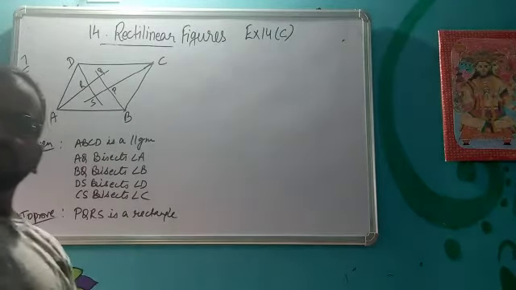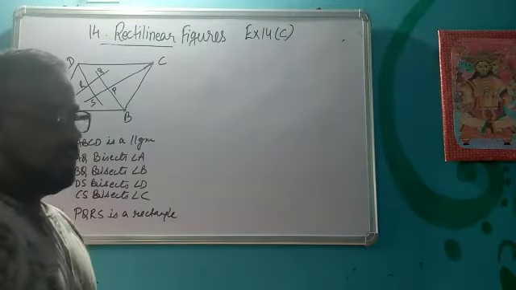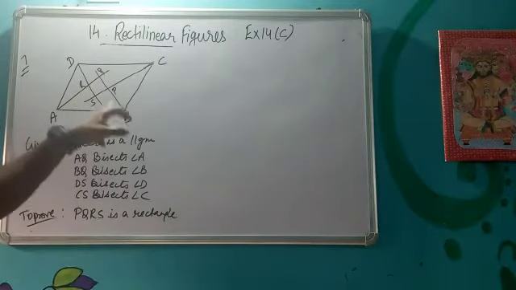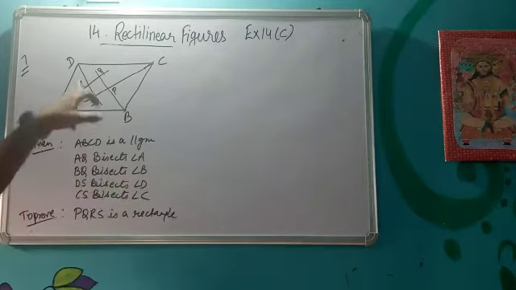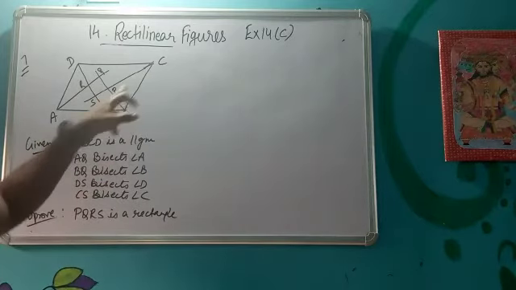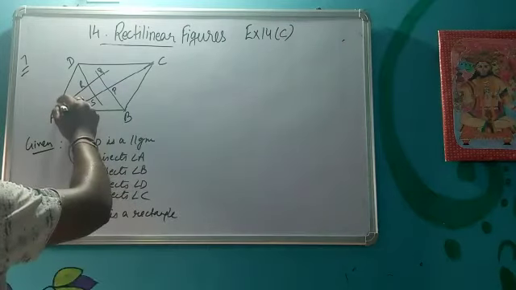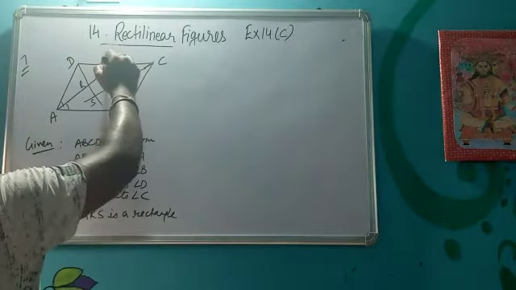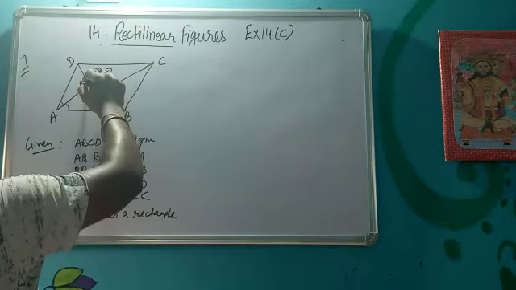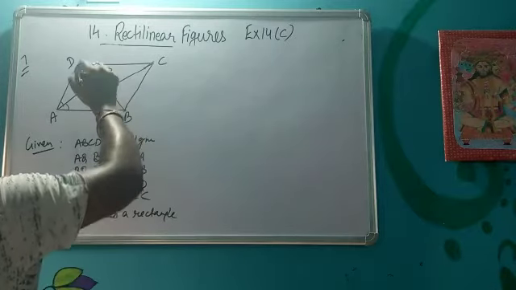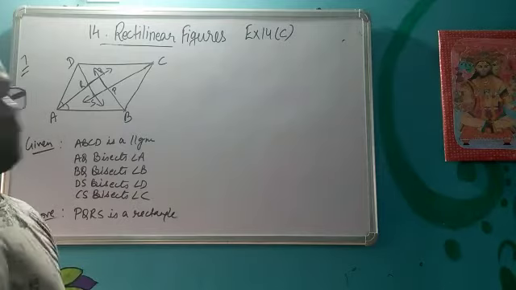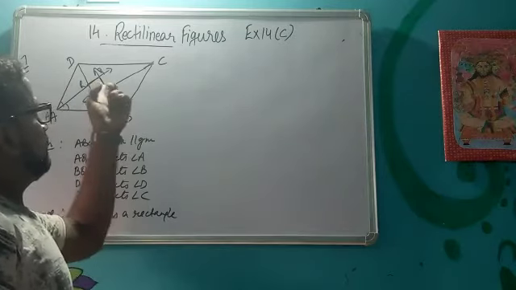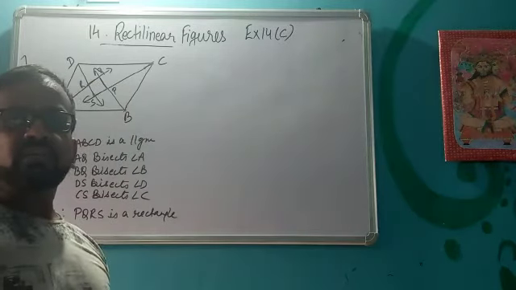In question number 7 it is given that ABCD is a parallelogram and these are the bisectors of internal angles: AQ, then BQ bisects angle B, then DS bisects angle D, then CS bisects angle C. They all are the bisectors. Now we have to prove that wherever these bisectors intersect each other, they are forming a figure and we have to prove that this figure is a rectangle. In order to prove that it is a rectangle, if we can prove any three angles equal to 90 degree, then it becomes a rectangle.